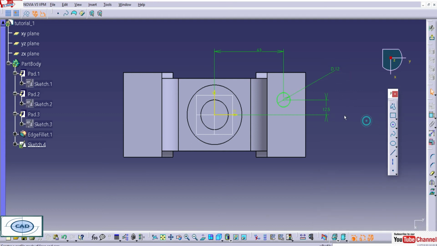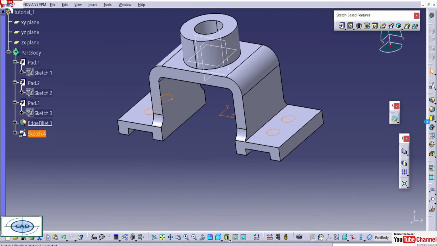So we will mirror this circle. First of all we'll check, okay, this is 23 mm, which is exactly as in the drawing. So let's mirror from horizontal, and both of the two circles get mirrored from vertical. So here we get 4 holes. So let's do the pocket command.